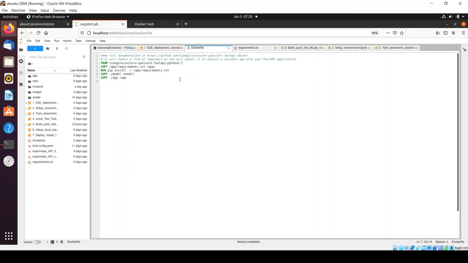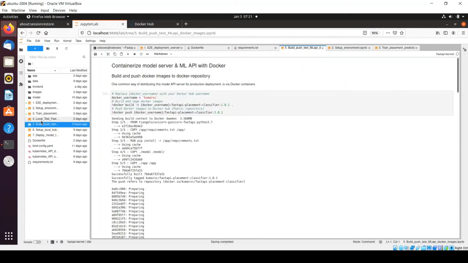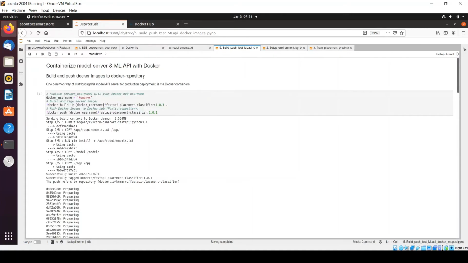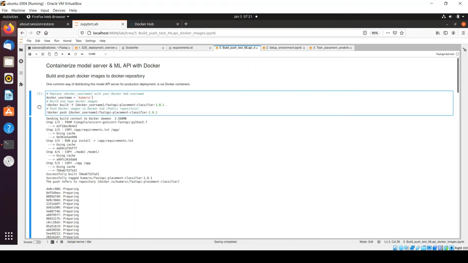Okay, so now what we will do, we will build a Docker image. So for that, I have another Jupyter notebook. Here I need to provide the Docker username. So my Docker username is this.